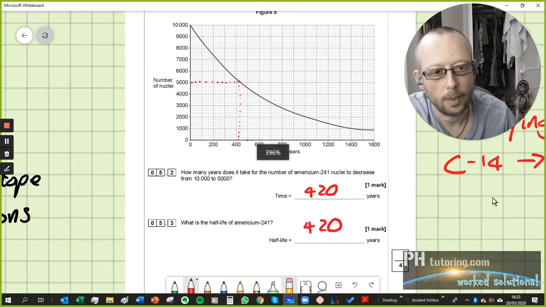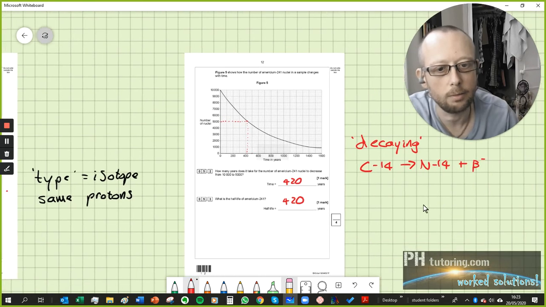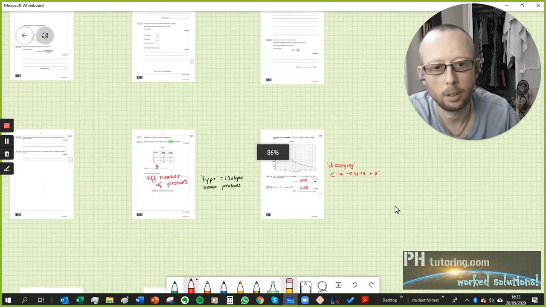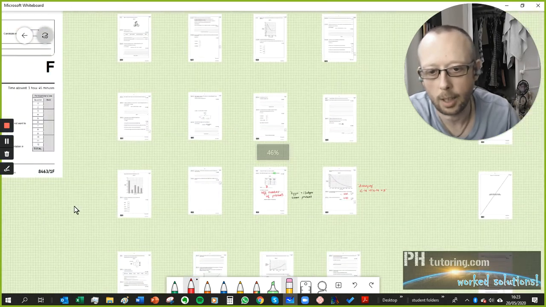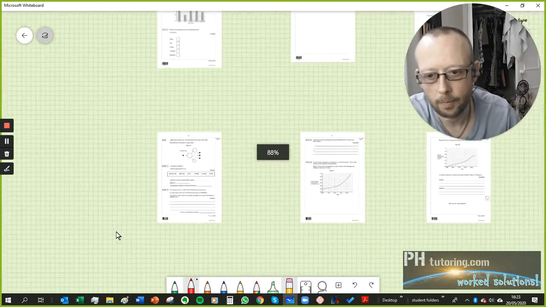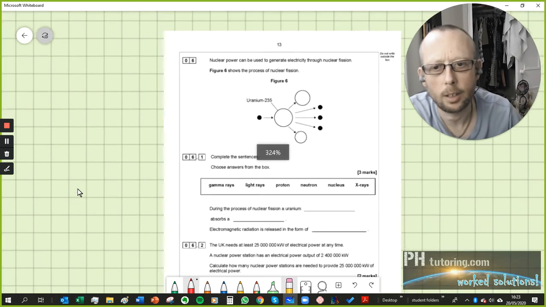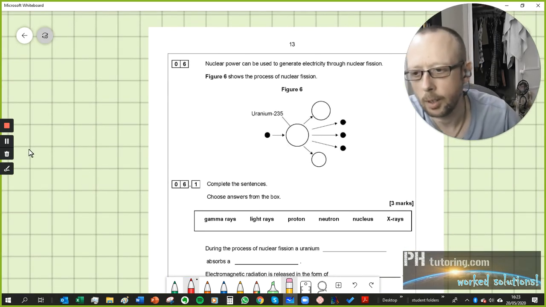Okay, let's continue. Let's zoom all the way out. Oh, okay, we've got the next row down. Okay, so we're looking at nuclear. Oh, that was question 5. Okay, let me just save